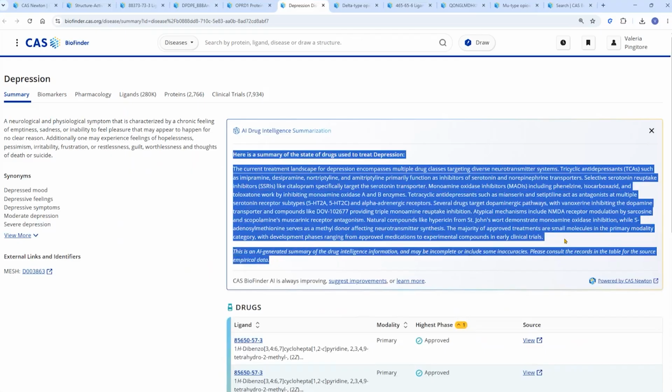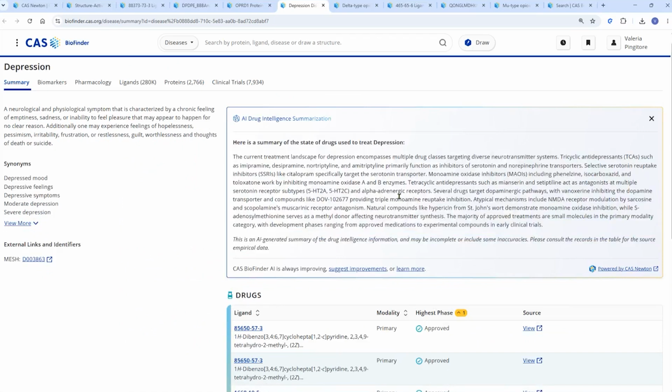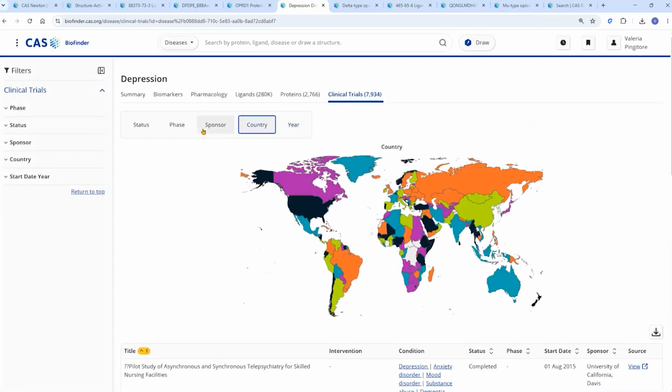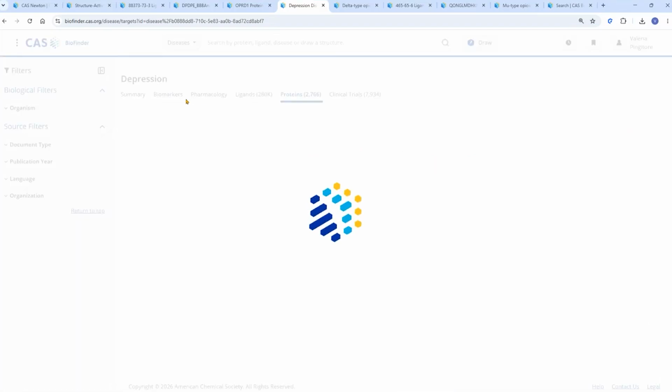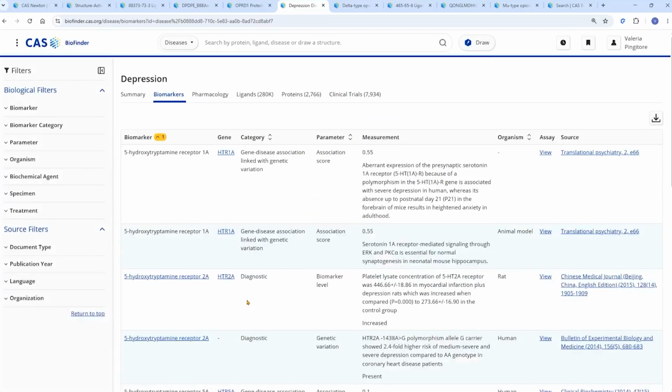And we here summarize the main mechanism of action associated with those drugs. And you can see in the page layout, again, you can find the clinical trial, the association with proteins and ligands, but also specifically for diseases, you can also find information about biomarkers and explore different gene, protein, and other